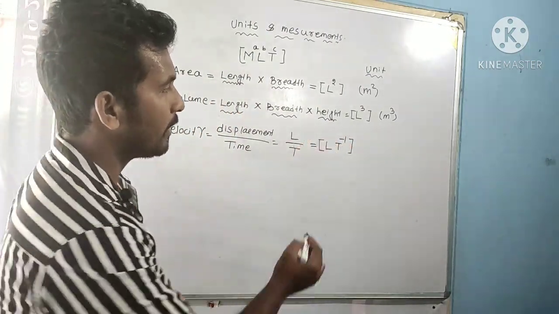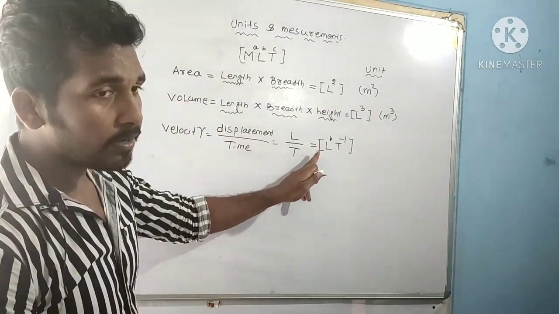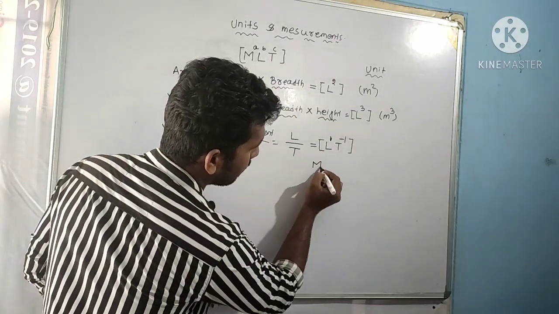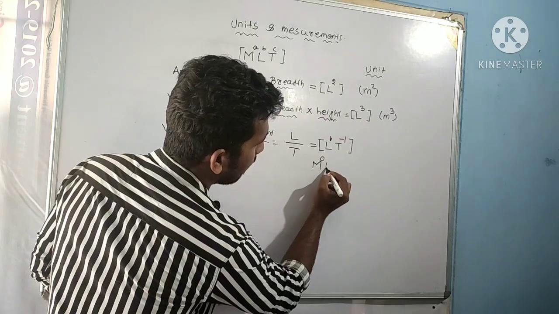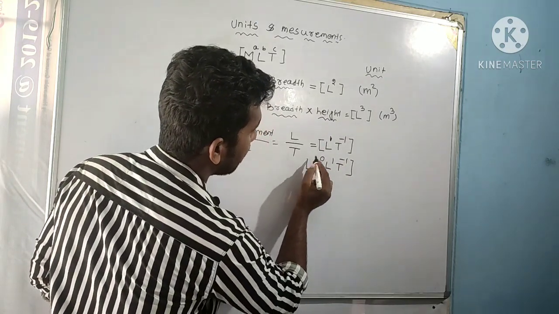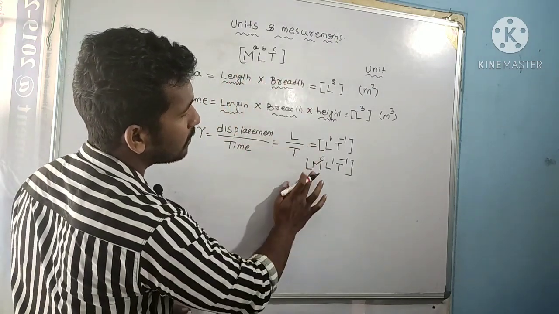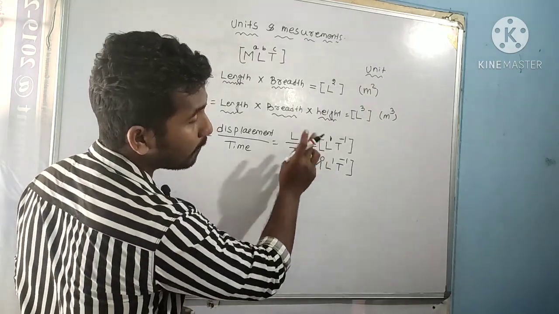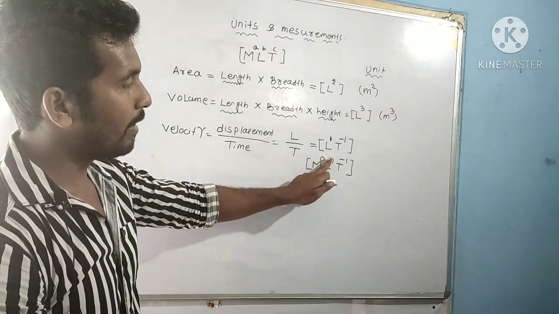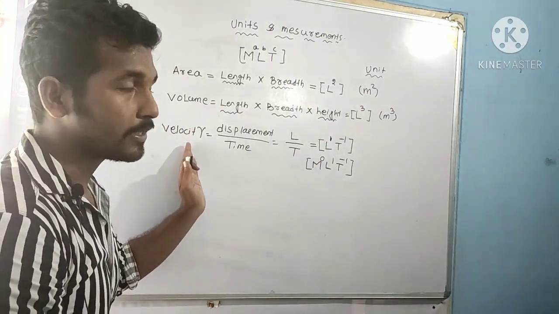L रो power केते किछ नै माने 1 अछि. So this is L1. एठी तमे जदि M रे लेखिबाकू चाहूछो MLT रे, then M रो power एठी 0 देबाकू पड़िबो. So this is M to the power 0, L to the power 1, T to the power minus 1. So this is the dimension formula of velocity.